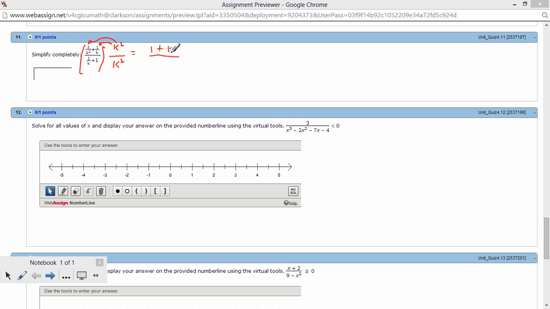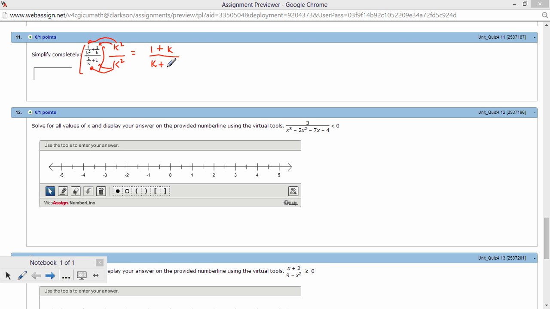k. And that should make sense to you because 1 over k squared times k squared, the k squareds are going to cancel and you're going to be left with a 1 right there. 1 over k times k squared, one of the k's will cancel with one of the k's, leaving you with a 1 plus k. Likewise, in the denominator, when we carry out this distributive property, it's pretty apparent that you're going to have k